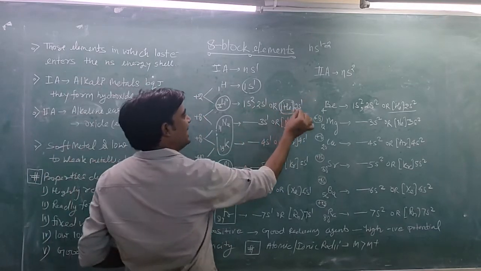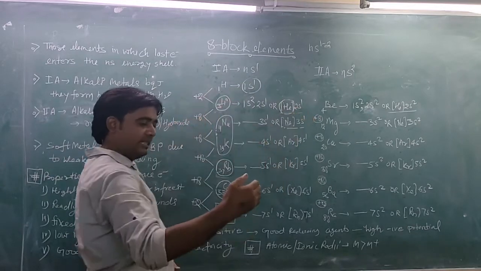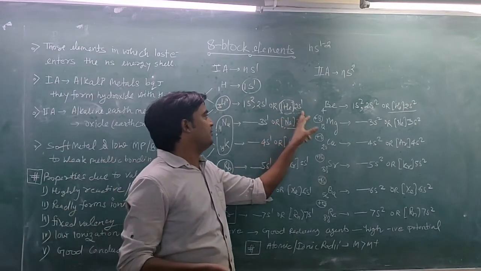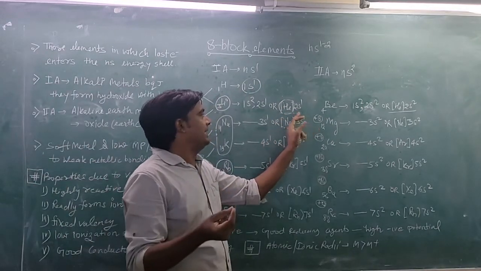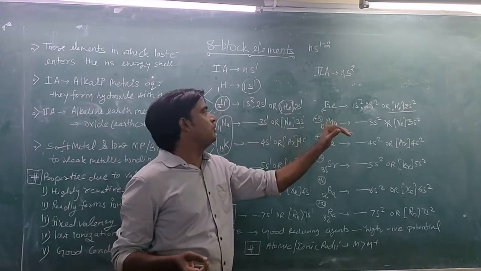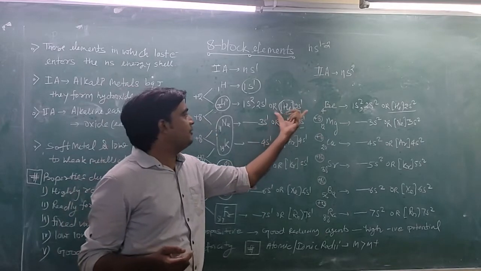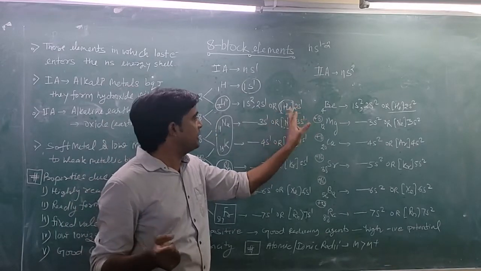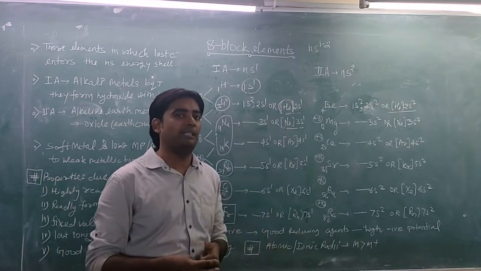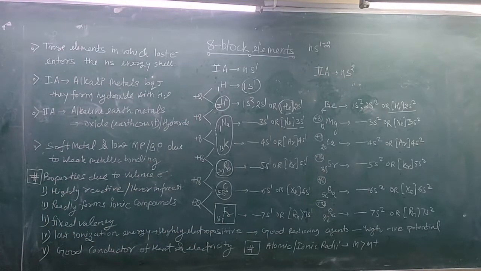So this electron is loosely bound with the inner electronic configuration. You can say that this electron is loosely bound, and when it gets a little bit of energy, this electron will be removed to get a stable electronic configuration. So this is the valence shell electronic property, and this property defines many applications of these elements. Now we are going to discuss these properties stepwise.